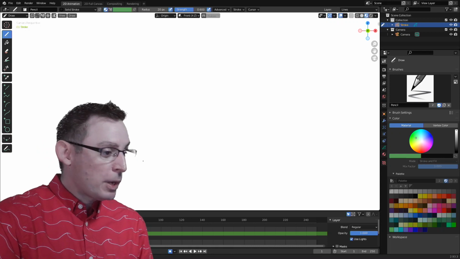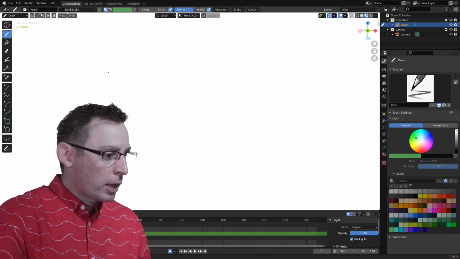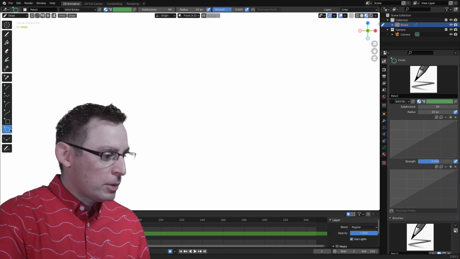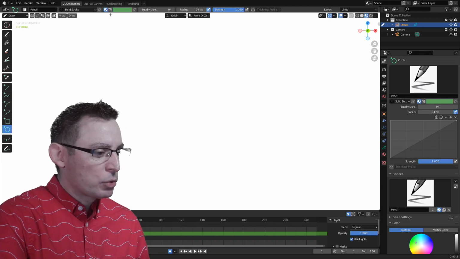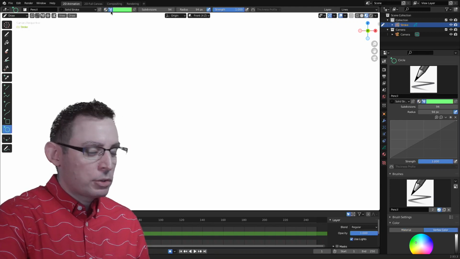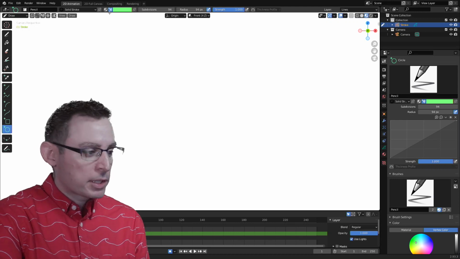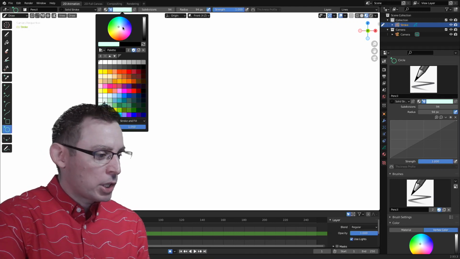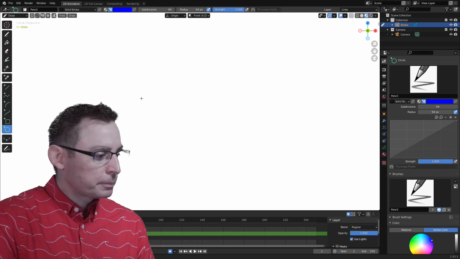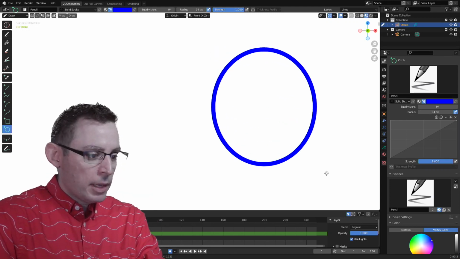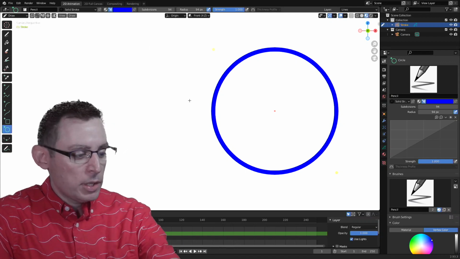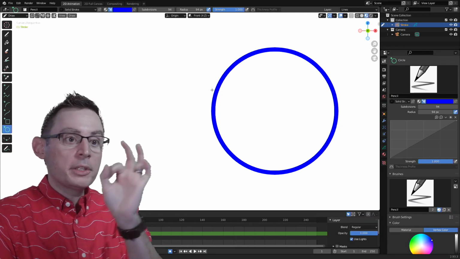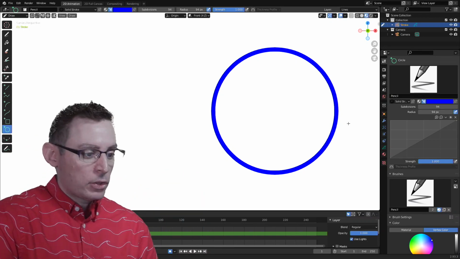Now, previously what we've been working with is the vertex color painting system. So I'm just opening up my little circle tool here. I'm going to make the radius a little bit bigger so you guys can see it. And then, of course, naturally, right here inside of our interface is the tool that allows us to work with vertex colors. So if we click on this little color swatch here, let's just grab it to be blue. Now, let's just make a shape. And then voila, we have a blue circle. It's taking this vertex color and applying it to all the dots that are being used to create this circle itself.